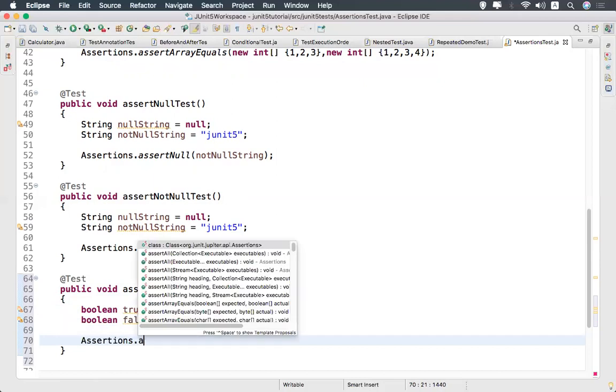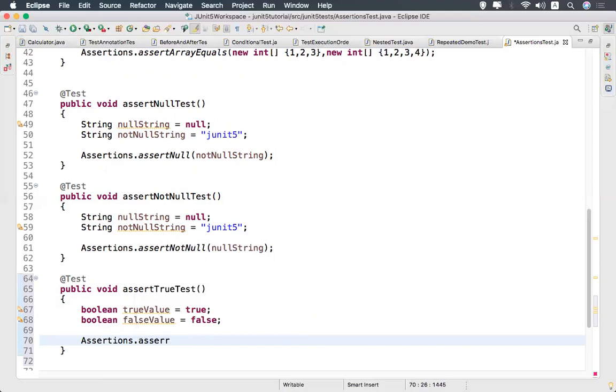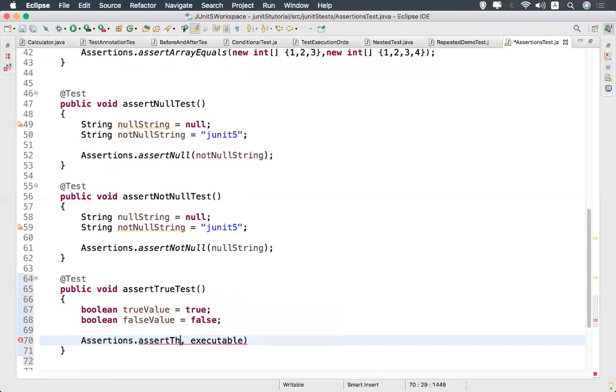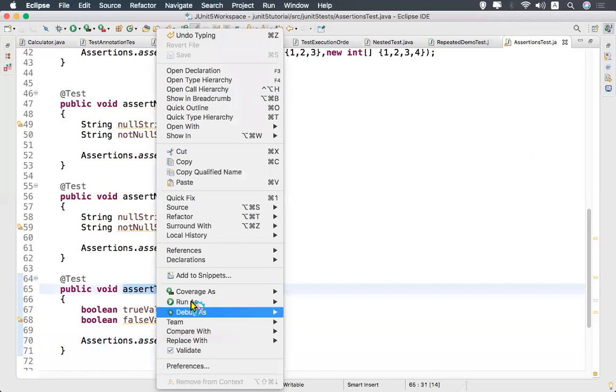Assertions dot assert true. We have assert trues also, but assert true will expect only one value, that is true or false. When I say true value means true, obviously it will pass.